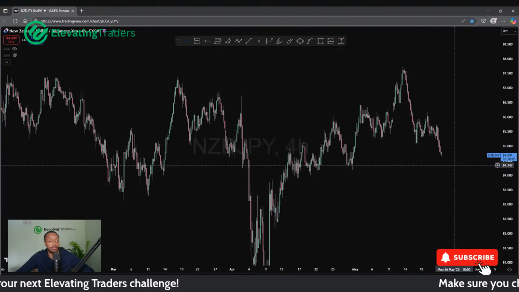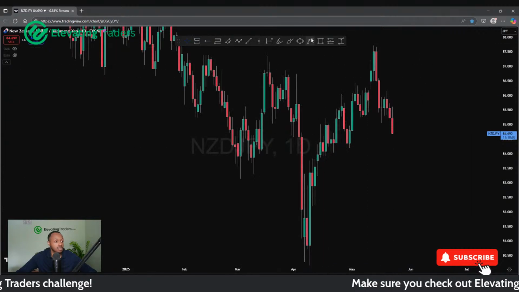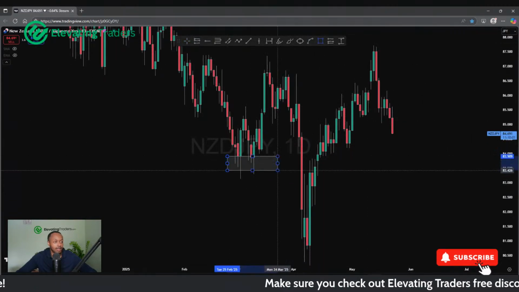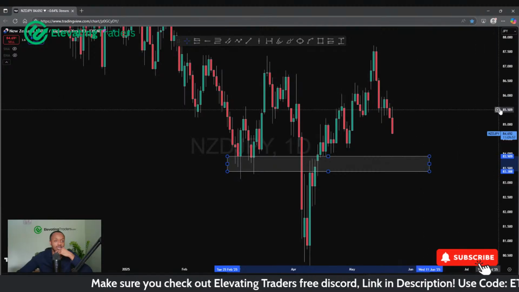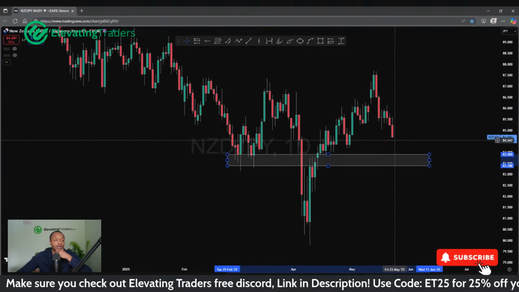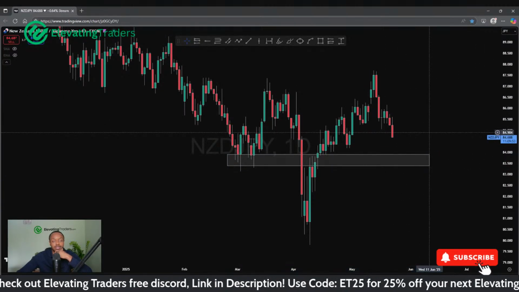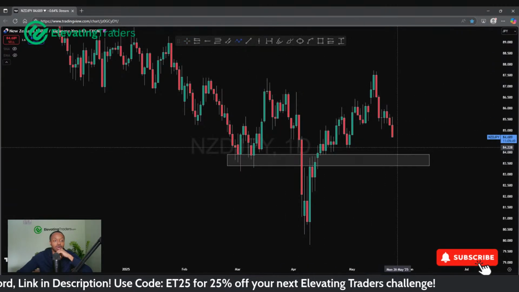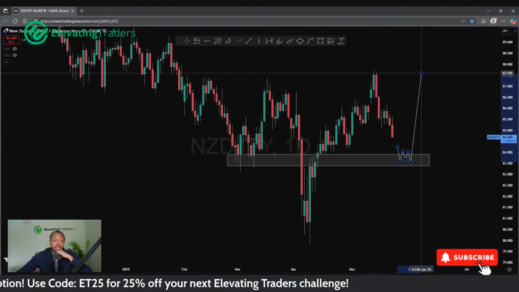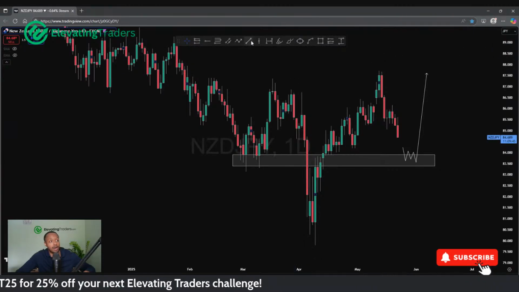But this is actually something I'm looking for, because I spoke about this area last week. I said this is my preferred area for a buy for New Zealand yen. So if it can keep falling, maybe a couple more days, potentially some point next week, we could be talking about some buys around 84, 83.5, and some big swings as well. We did just about break structure here.